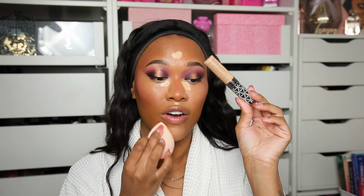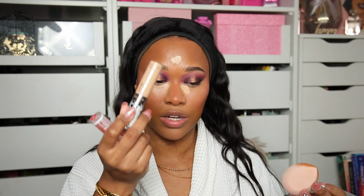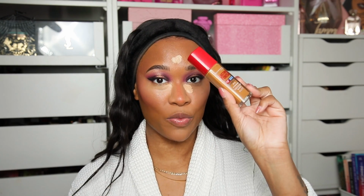Rimmel has become another favorite from the drugstore for me. I really like how they've been perfecting a few staples in their collection. Like they've got their gloss, the big one, what's it called? Thrill Seeker, the Thrill Seeker gloss. They came out with the Multitasker concealer. They had this before, but they came out with a new formula of the Lasting Finish, and I prefer this so much more than the last one, and I love the last one, so this one is like 5 stars